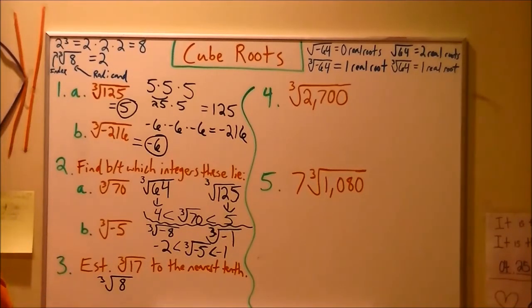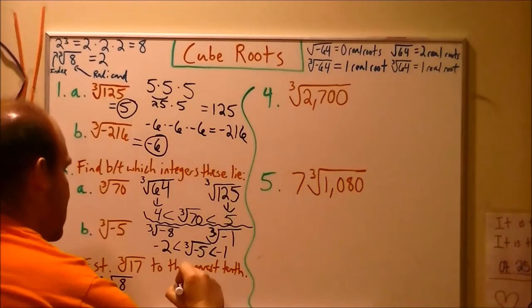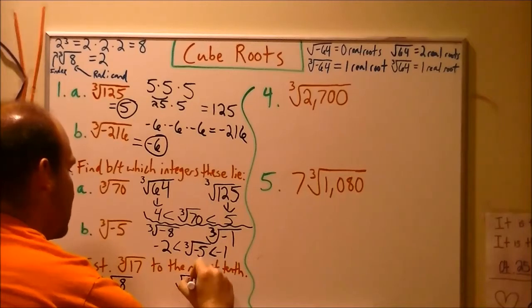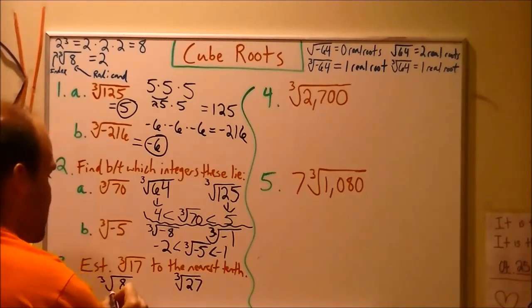And what's the next perfect cube? Now that one, by the way, what times itself gets you to 8? That's the number 2. We've established that. Well, let's just go up to the next number. If I have 3 times itself, what's 3 times 3? That's 9. What's 9 times 3? That's 27. So I can take the cube root of 27, and the reason I do those two is they're